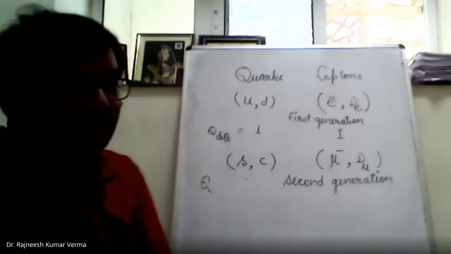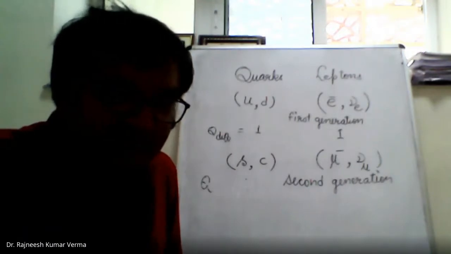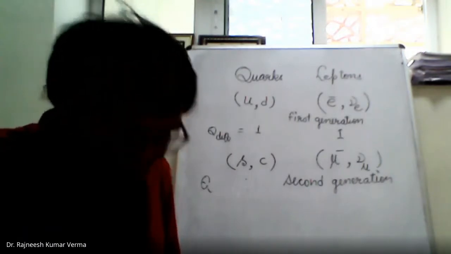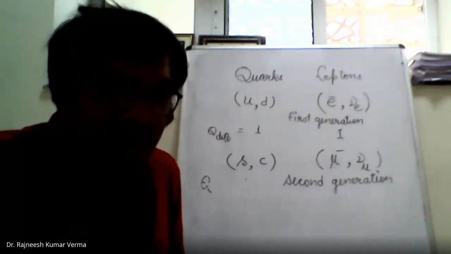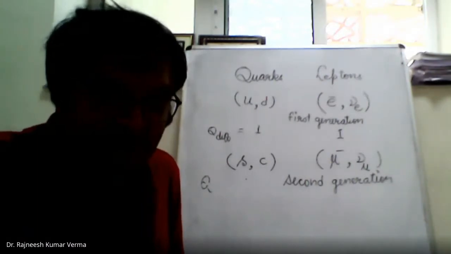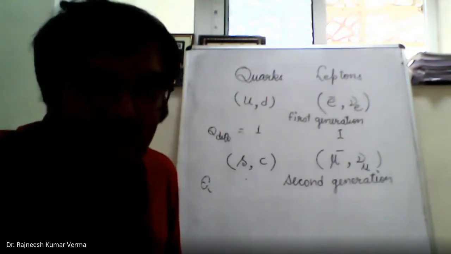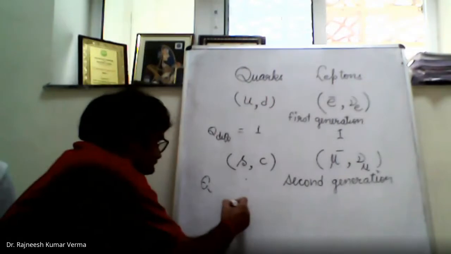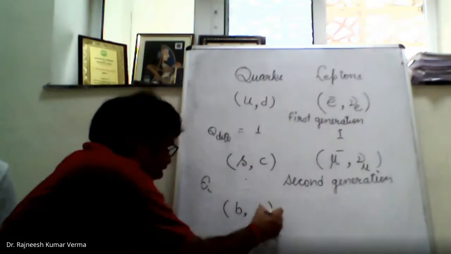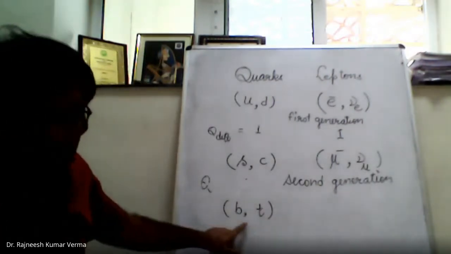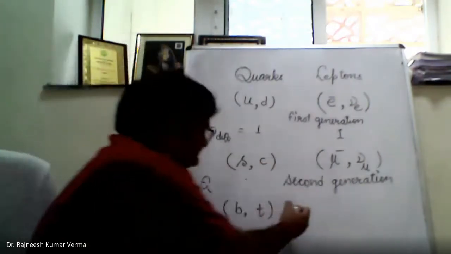Likewise, in some high energy experiments, when we made accelerators, it was found that there is a third set of quarks also, and the names were bottom quarks and top quarks. And in lepton family,